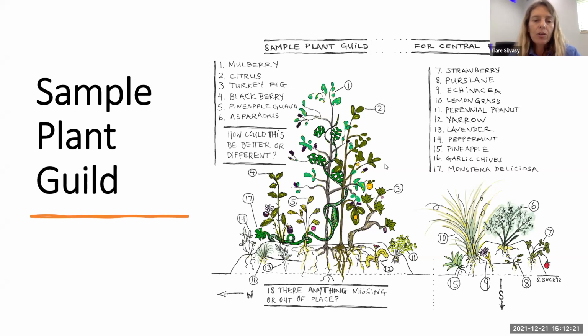You have lavender, peppermint, and pineapple, which is a bromeliad that can grow in the understory of trees. And strawberries, purslane, echinacea, and lemongrass are all nice little clumping perennials that can be planted around your yard. Now, this picture is how you might draw it out, as an